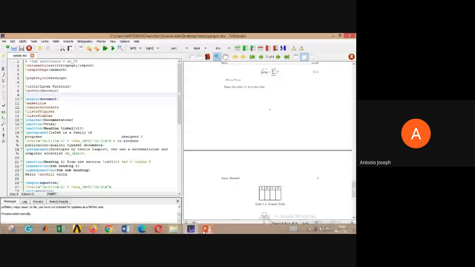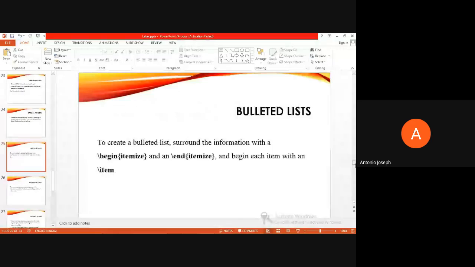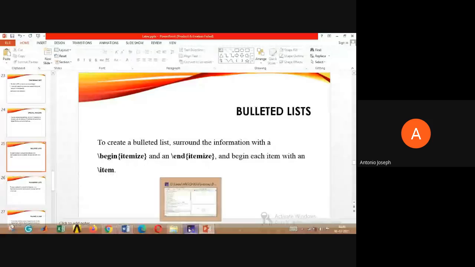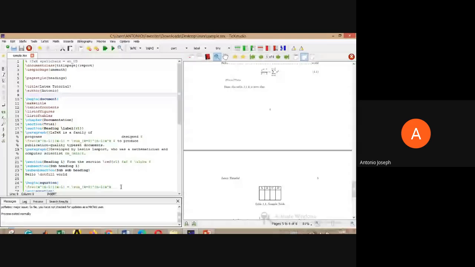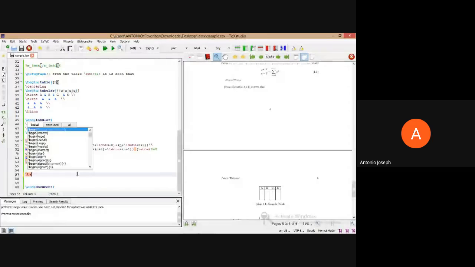Now coming to the listing part, we can provide numbering as well as bullets using LaTeX environments. The command for this is \begin{itemize} for bullets, and \begin{enumerate} for numbering. Let's look at an example. First of all, we can provide some bullet points, so I am taking \begin{itemize}.